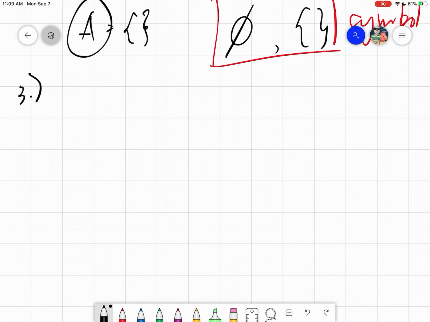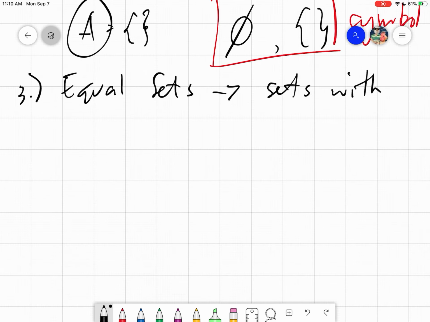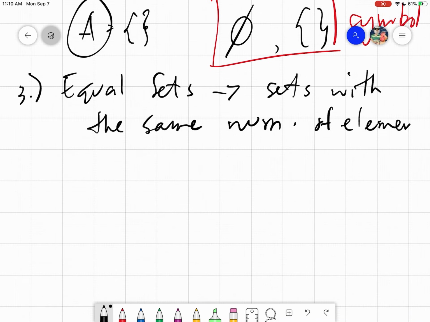Tatawag natin na equal sets. Okay, now equal sets are just simply sets with the same number of elements and same contents. Sabihin kumbaga parehas sila ng laman. Totally parehas sila ng laman. For example,